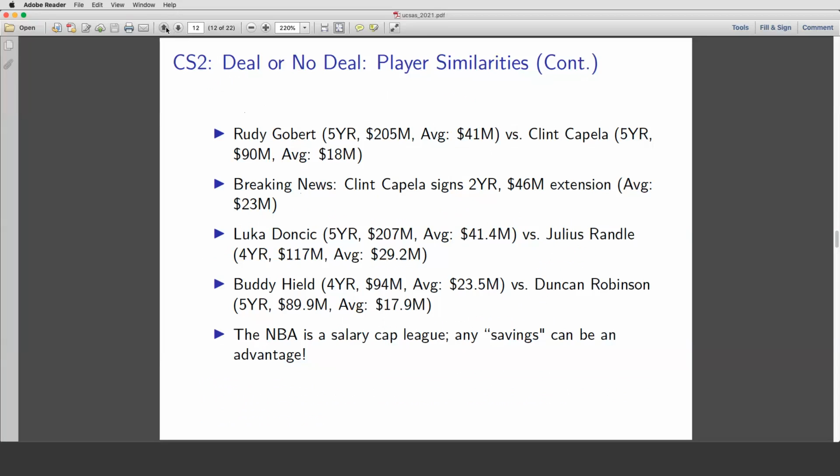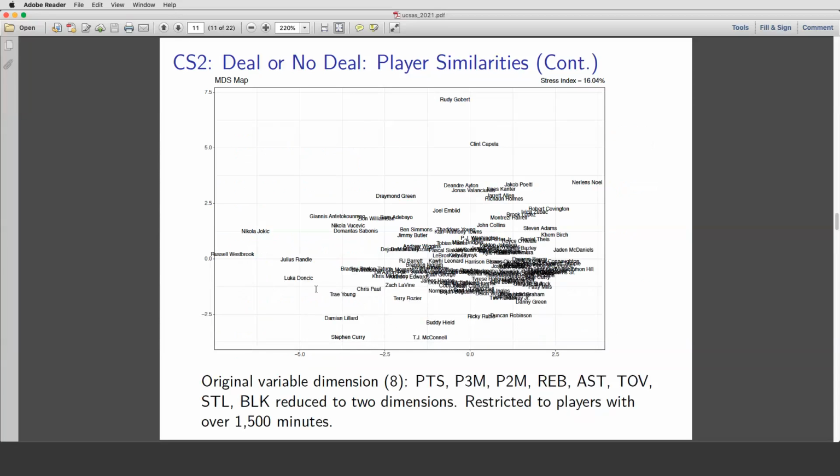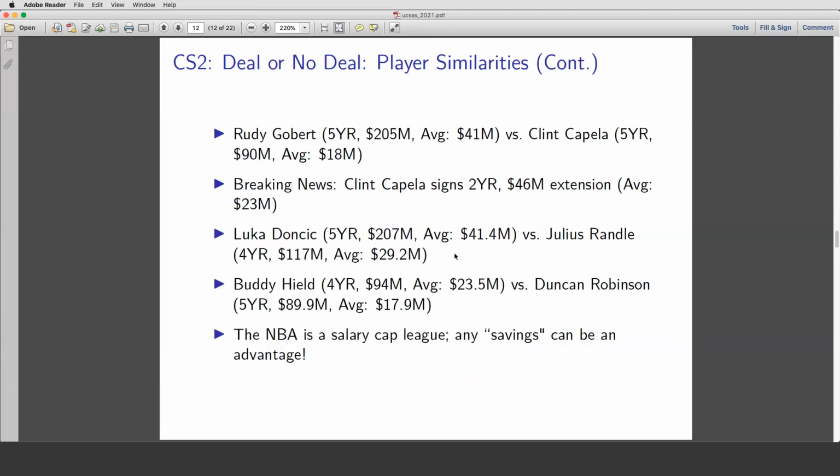You see Luka Doncic and Julius Randle, they're very close together. Again, I'm not making the case that these players are the same, or as good, but I think this highlights that Julius Randle really had an exceptional season, right? If this is where he's coming. And if you're the Knicks, it's obviously very hard to get a Luka Doncic. He's one of the best players in the league. But maybe you can try to approximate him with a Julius Randle, and then that difference in their salaries,